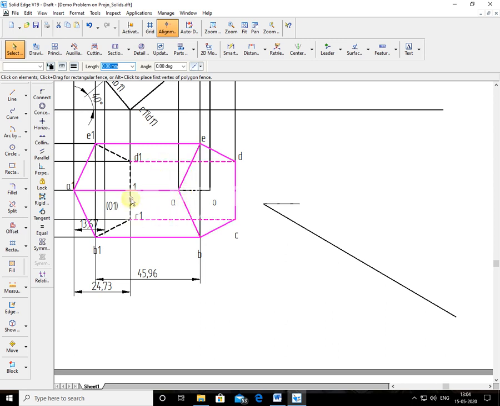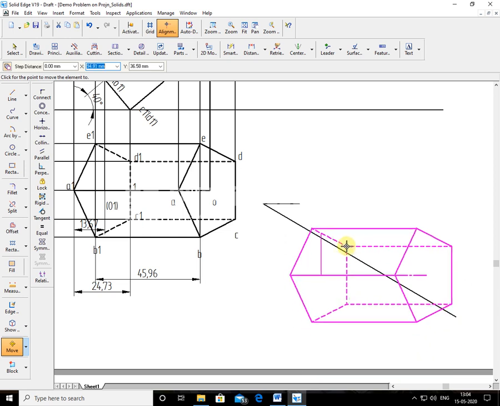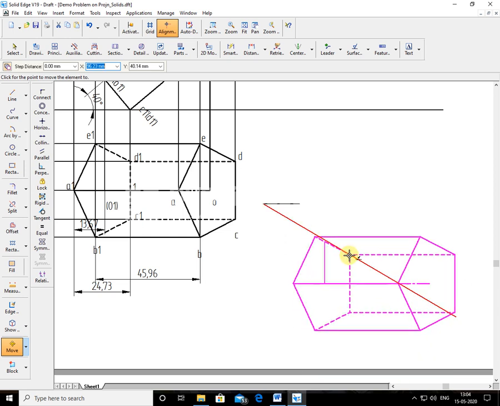Okay. Now I'll move it. I'll keep this. Use move command. I'll use the copy option and make it. This I'll bring here. I keep it somewhere here. Okay. Right click, so I remain in active mode. Rotate. Now here, this D1 it is. You can see, you can look at the correlation. D1 comes here. This becomes the center of rotation. This C1 becomes the rotation point here. So you can rotate in this way.